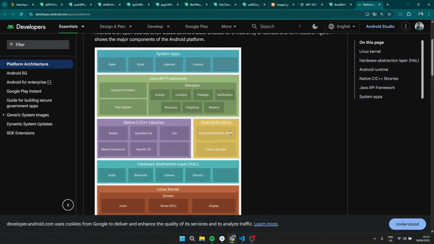So for example, when we were dealing with binaries in the other playlist, which is reverse engineering in general, we usually dealt with either Linux binaries or Windows binaries, or for example Game Boy binaries, Nintendo binaries, maybe firmwares or whatever. But for this specific thing, we're going to be focusing on smartphones, which use the Android operating system, which is also going to be building applications using the Android framework.